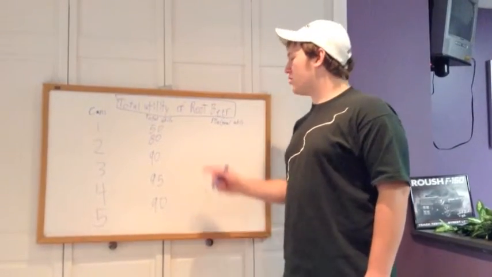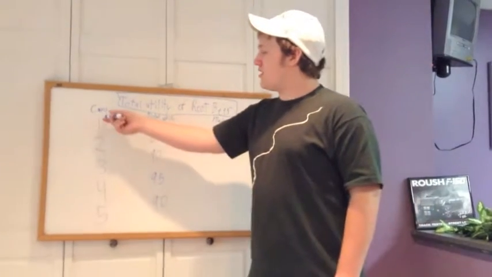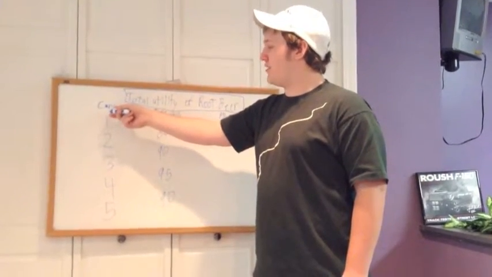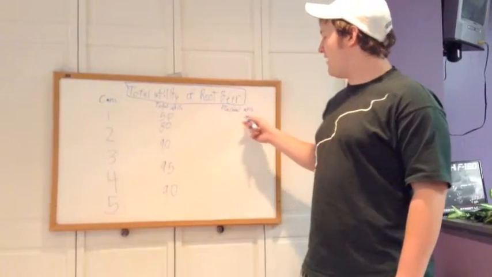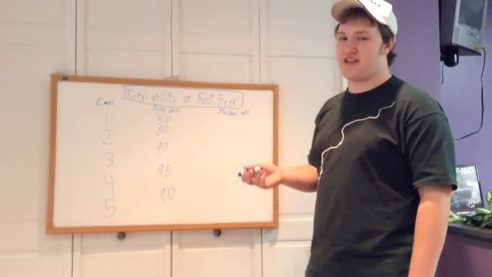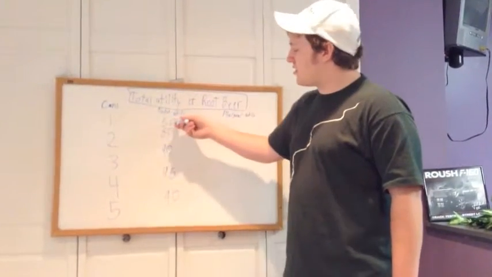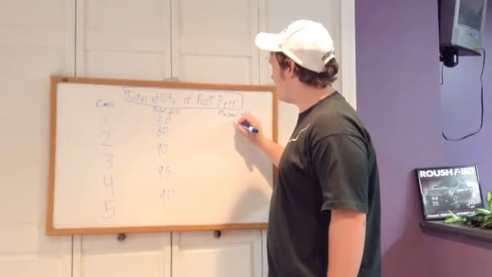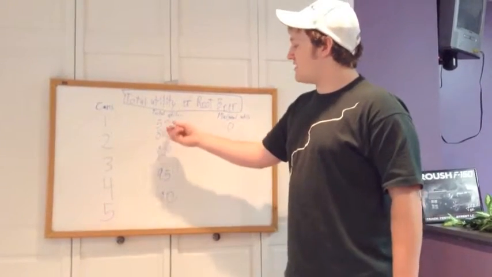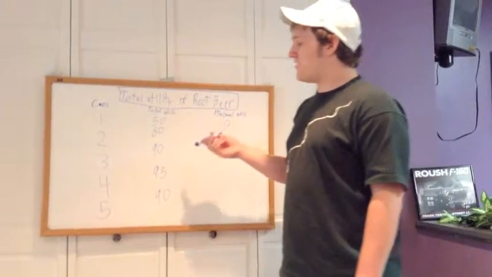Here we're talking about total and marginal utility. Today about root beer. First off, we have the cans of root beer drinking. Second is the total utility you got from them. And last off, which we haven't calculated yet, the marginal utils. So in the first can, you had nothing before it, and you gained 50. So your marginal is 50 utils. The second can, off of the 50, you now have 80. 50 plus 30